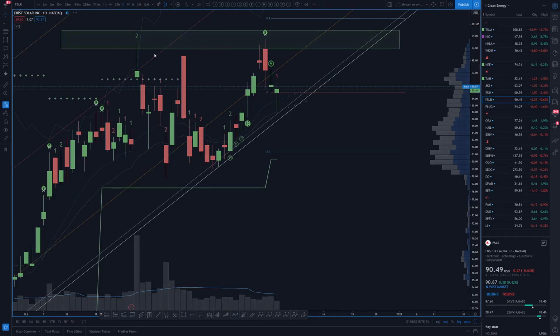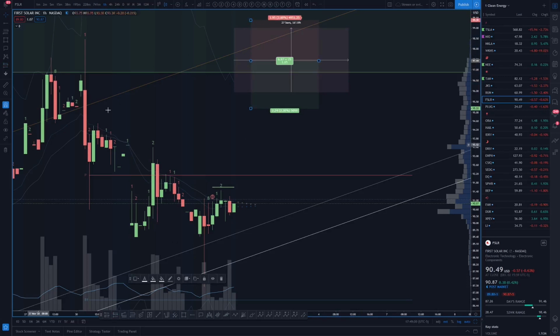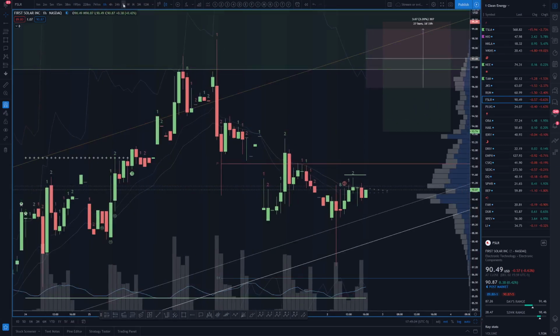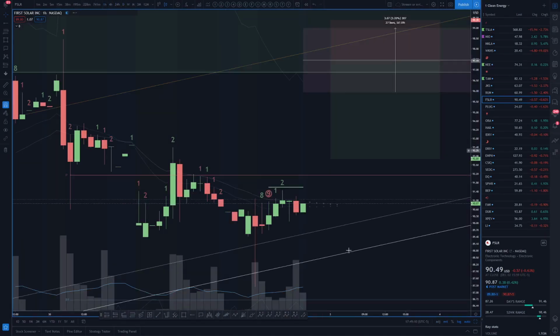So again, if you're looking short, which again is a little bit riskier because things look rather bullish, but I wouldn't fault you if you made an attempt like this, right? Hourly overbought conditions into the standard deviation band, this all-time high resistance. That's really all you got as a short. So yeah, and then if you're looking long, then